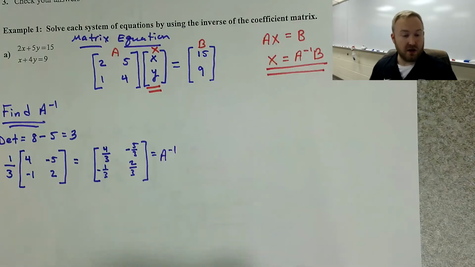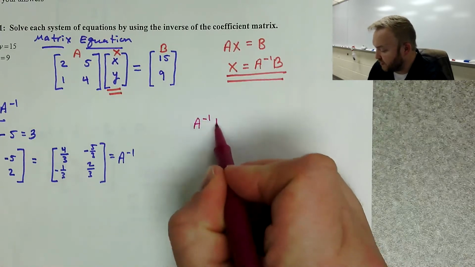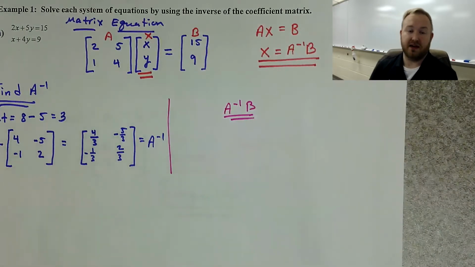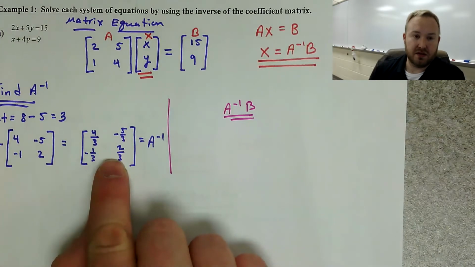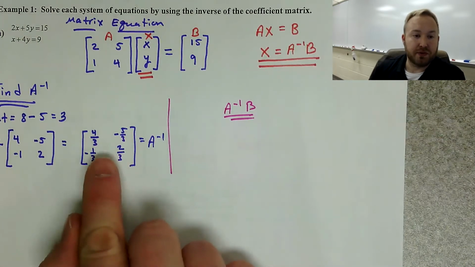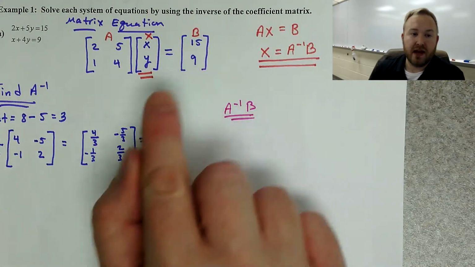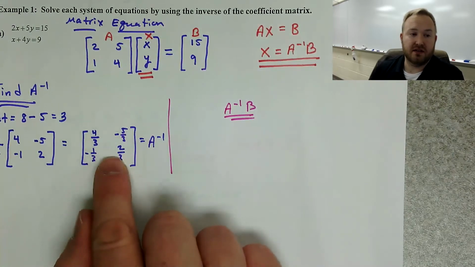Now, to solve the equation, we need to multiply A inverse times B. So we need to do A inverse times B here. Now, here's the deal. This matrix here is my inverse. I'm supposed to multiply this matrix by matrix B. And that's no big deal, except that this matrix has all these fractions in it. And I mean, that's not that big of a deal. We know how to multiply with fractions, but